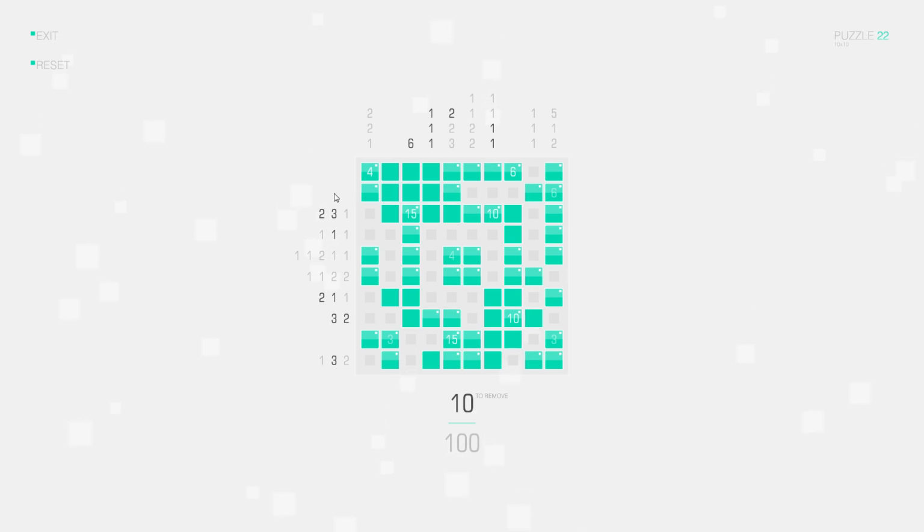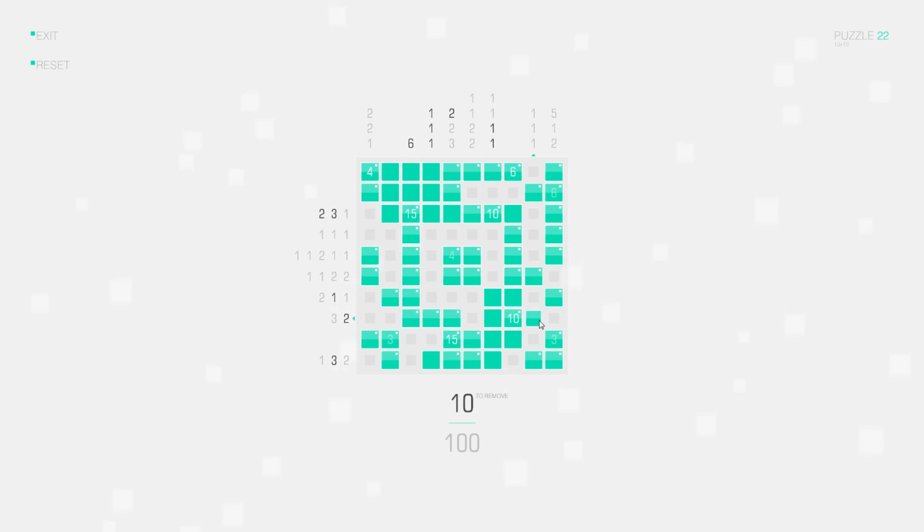Okay, so now we look at the row clues again. Nothing changed in this row. Here we need 1 more separate square, which can only be positioned here. Here we need 2 connected squares and 1 separate square. The separate square here can only be positioned here or here, so that means the 2 connected squares have to be in here. And here we have 3 connected squares in the beginning of the row,